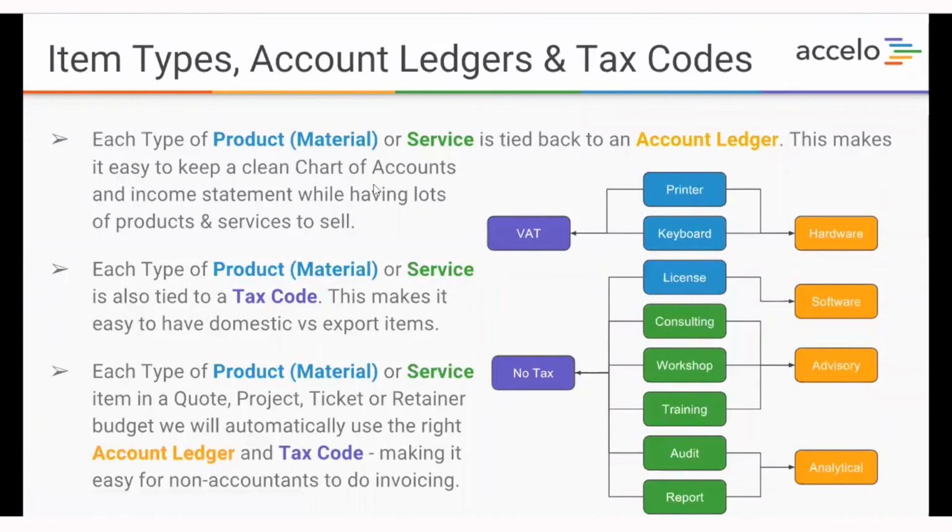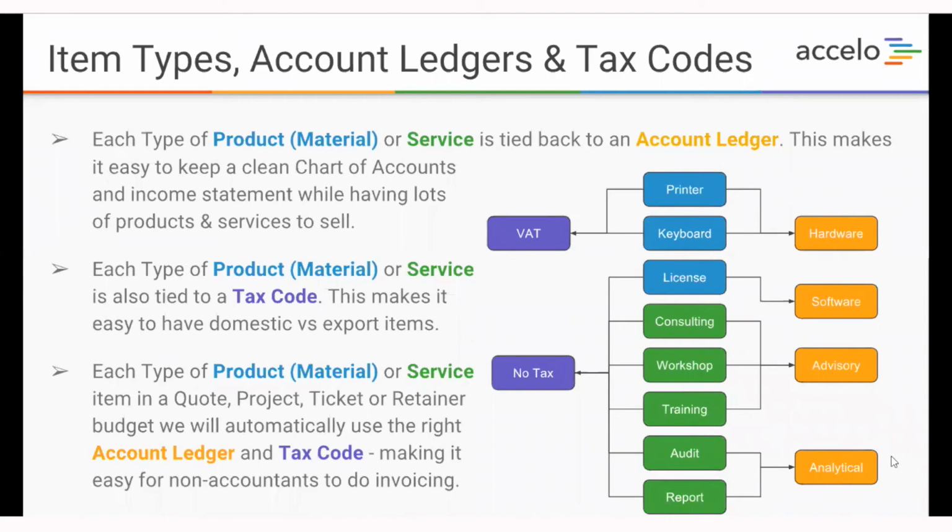So each product, and I've got them represented in the little chart on the right here in blue, each product or material item and each service item is able to be tied back to an account ledger. That's the guys here in the yellowy orangey color. And those account ledgers, if any of you are familiar with what you've got in your accounting, whether it be Xero, Saasu, QuickBooks, those are what's often known as entries in a chart of accounts. So they're like the income items that when you produce your income statement or your profit and loss, you can group them and see how much revenue in a certain period you've generated based on these certain accounts or account